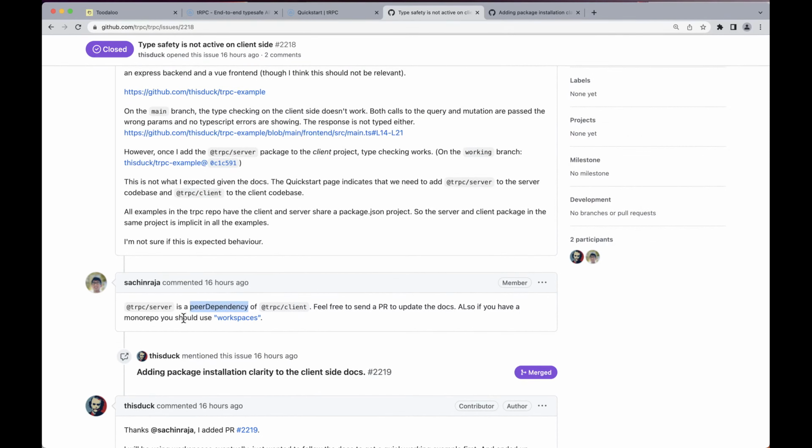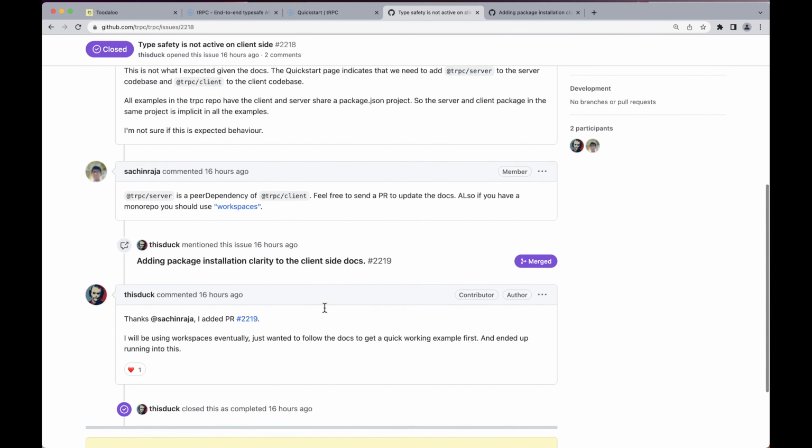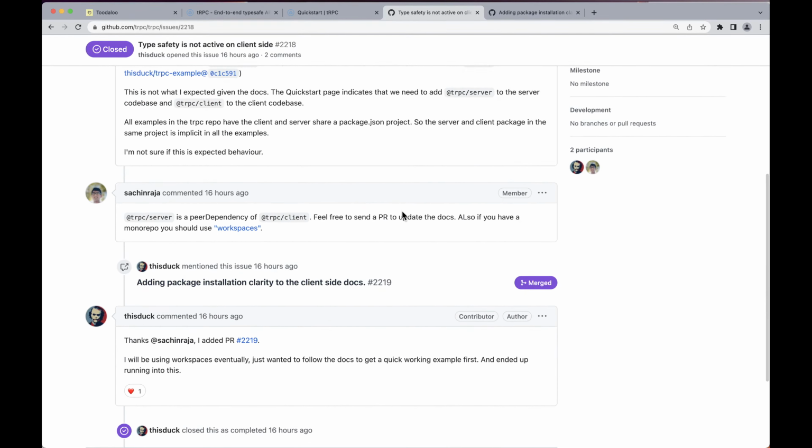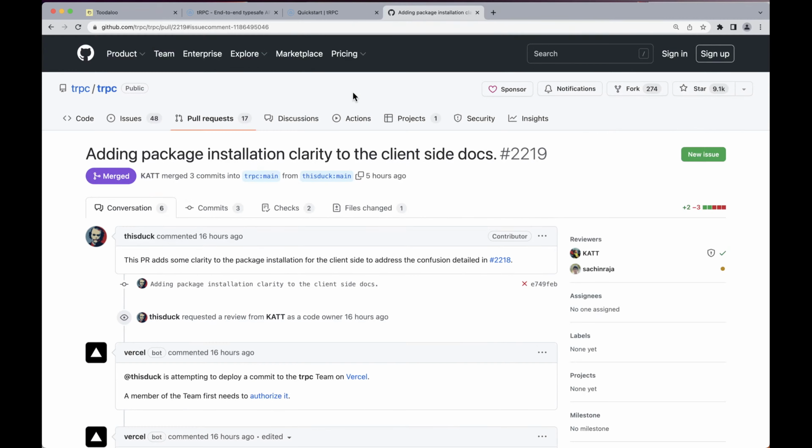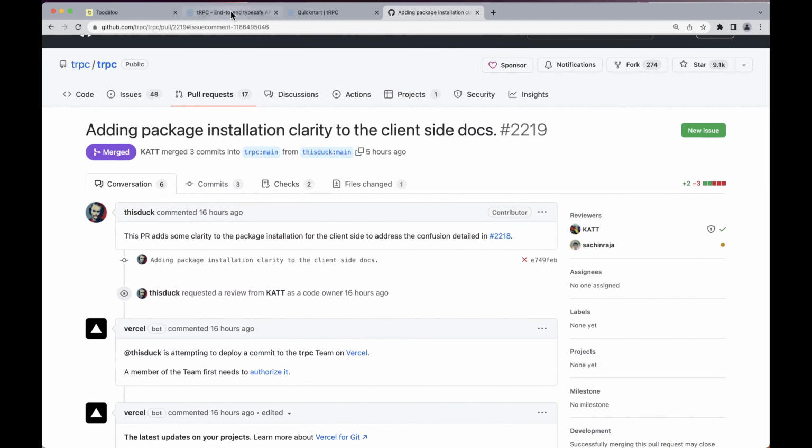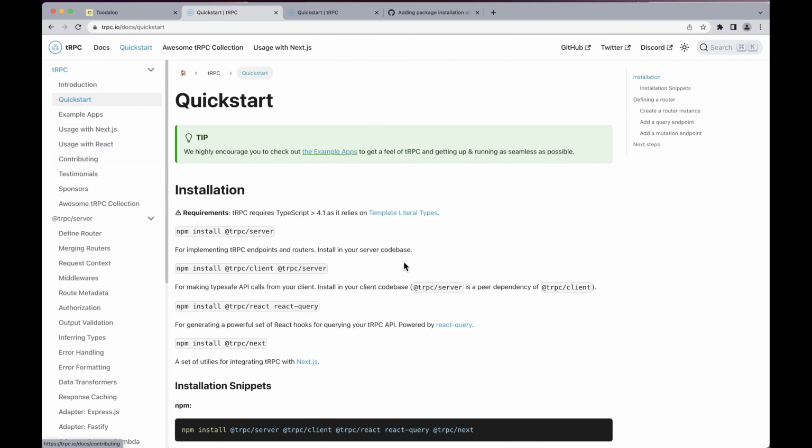I probably should have figured that out by looking at the package.json on the client side or just in the tRPC packaging, and I didn't. So they recommended I update the docs, and I added a PR for that. Now there is some clarity if you happen to have separate packages for your server and client, like I did, some indication that you have to install both